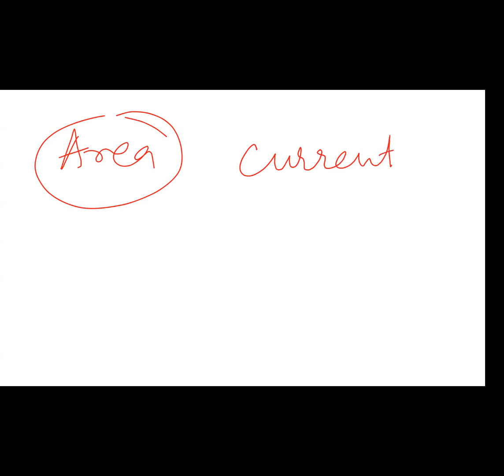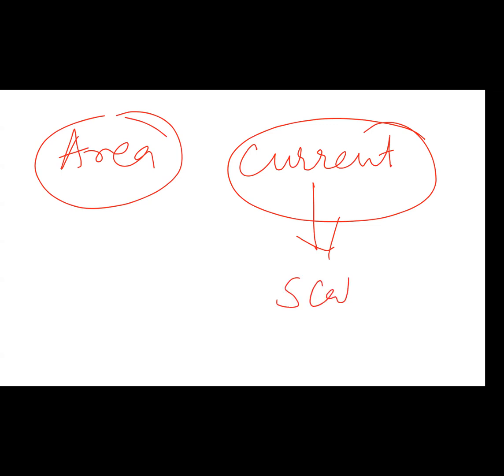In physics, we have one area, which is a vector, and this current. We already studied current electricity. So current is a scalar or vector? Scalar. Yeah, current is a scalar. Actually, sir, it's a tensor. No, no, tensor is something different. Tensor is which is neither a scalar nor a vector.